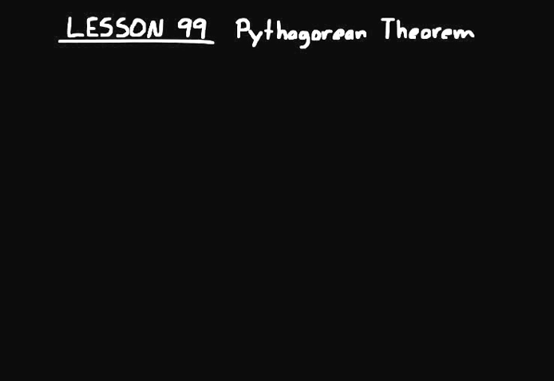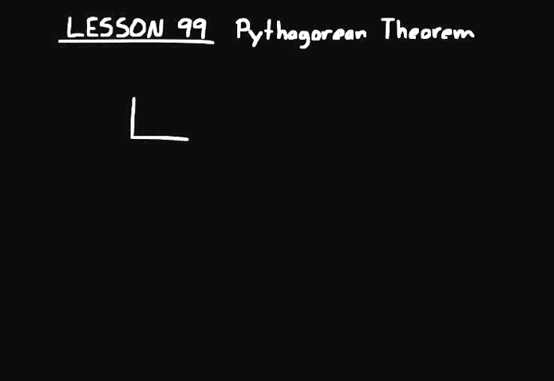Lesson 99 is about something called the Pythagorean theorem. A theorem is just an idea or a property that holds true in mathematics. Pythagoras was a Greek mathematician who is credited with developing this theorem, and basically what it is, it deals with